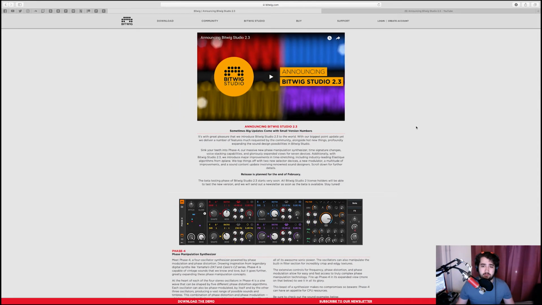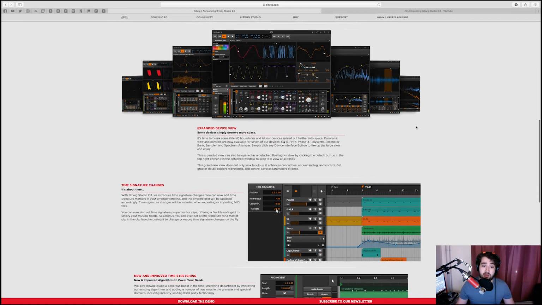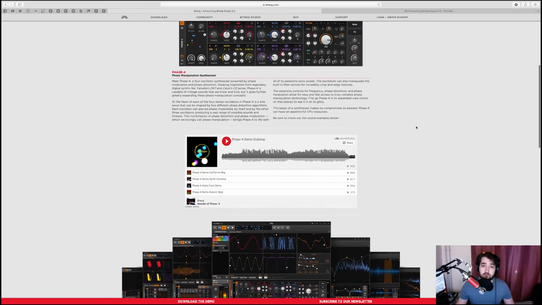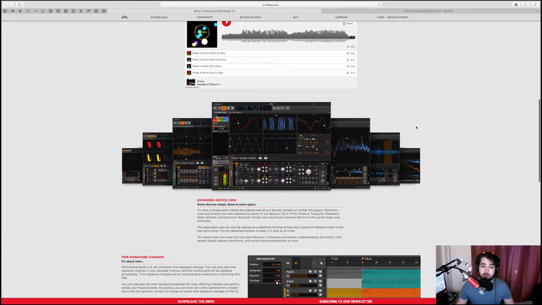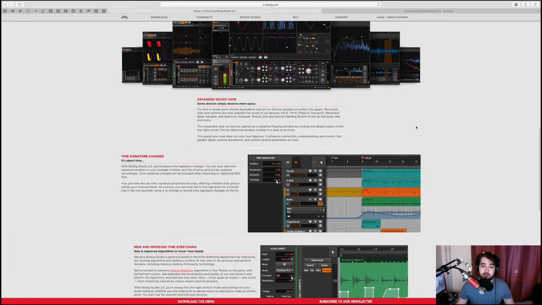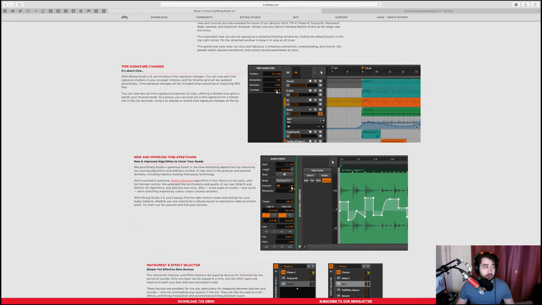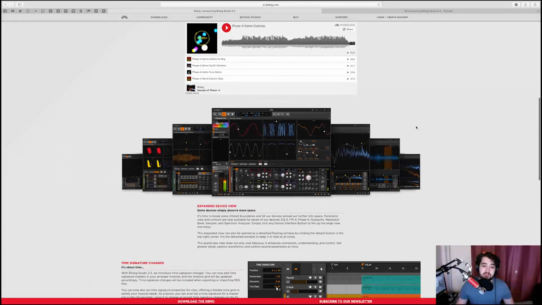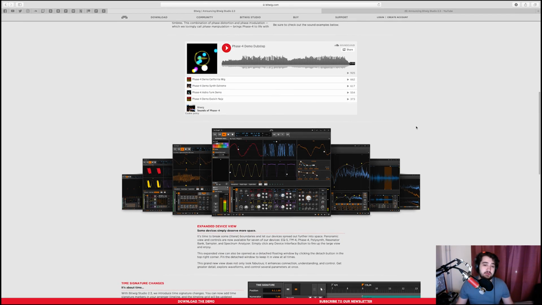So yeah, this is Bitwig 2.3. It's a very nice update for 2.3. They've been working for a few months on it now, kind of in the quiet. So this is exciting to see. I'm almost equally excited for this as I was for Bitwig 2. I was more excited for Bitwig 2 because it was a huge update, but this is the first of the 2 series that has had me very excited. So I can't wait to see this and